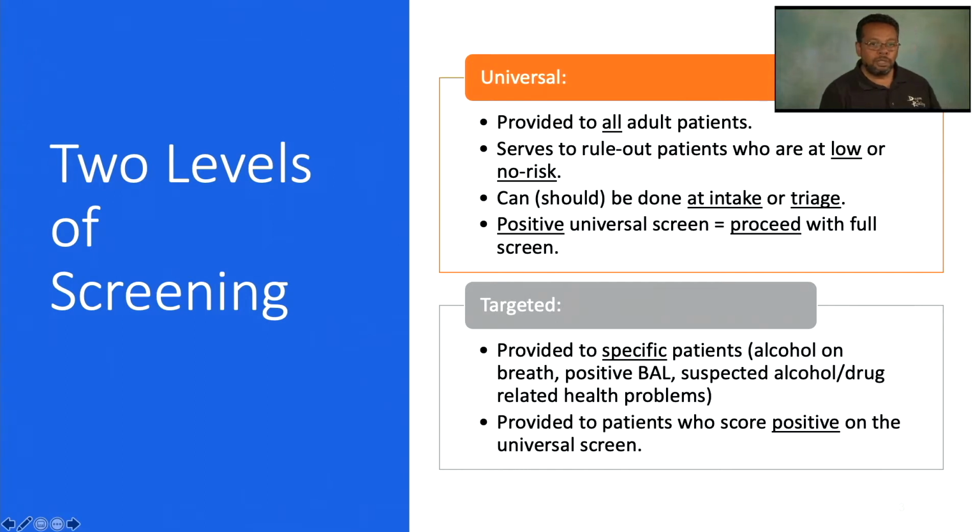Because approximately 75% of the adult population will rule out, it is advantageous to provide a simple universal screen. The number of 75% is taken from current research. We know that about 5% of the adult population in the United States would meet criteria for a moderate to severe substance use disorder. We also know from current research that 20% of the population would show issues of either misuse, hazardous use, or what we used to call abuse, when we had the two categories of substance abuse and substance dependence, but now it's substance use disorder, mild, moderate, or severe.